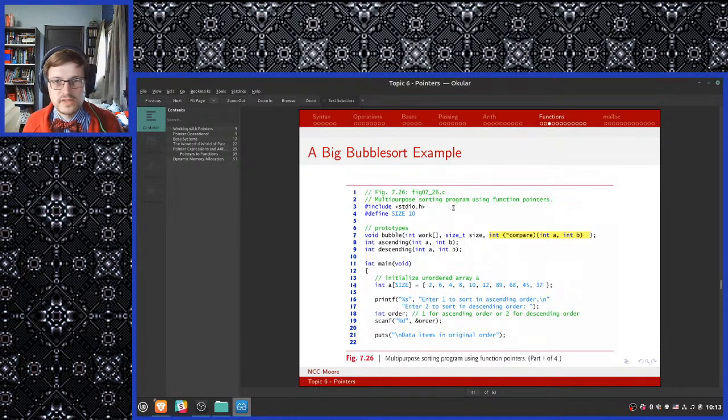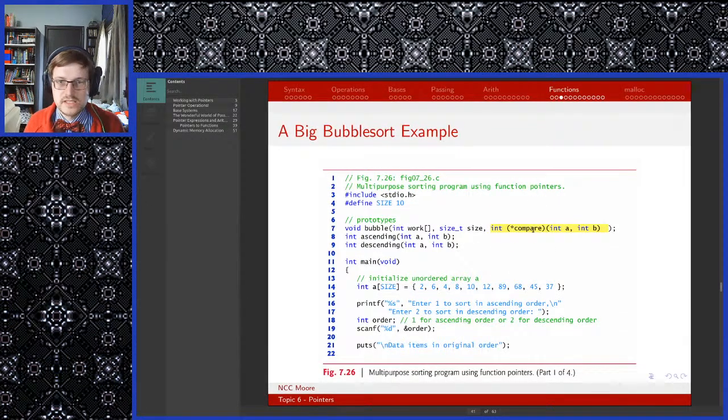Precisely. So this is how it works in the big bubble sort example. In bubble, you've got the array you're working on, the size as an integer, and the function pointer. We then have 2 functions, ascending and descending. Notice that